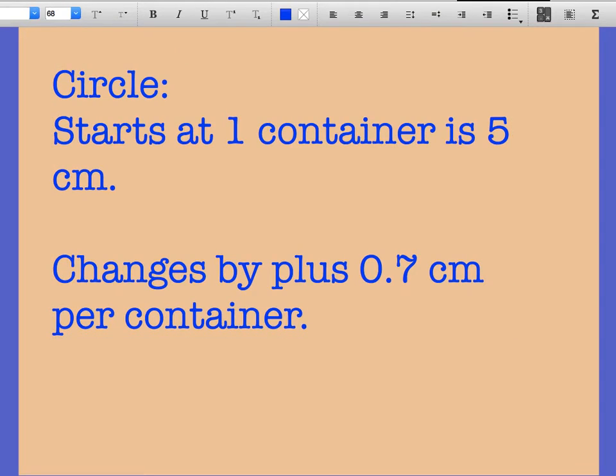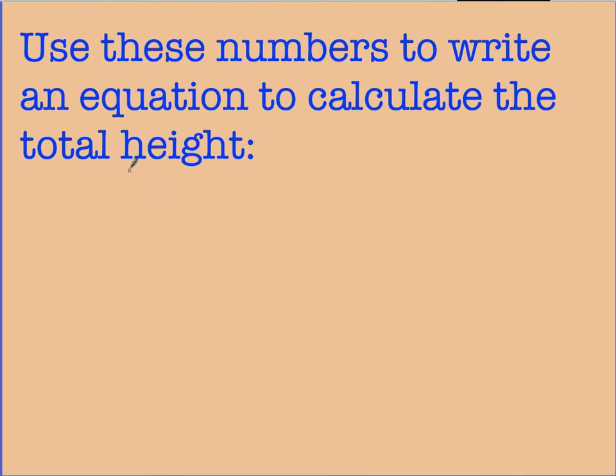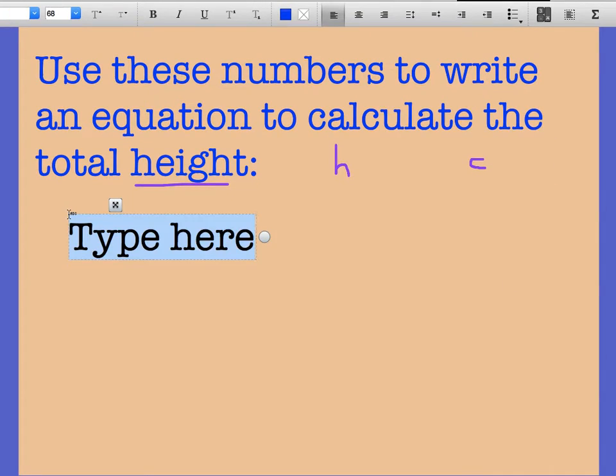Now we're going to use that to write an equation. This is all the information that we need to be able to write an equation to calculate the total height. Here we're going to let the height be h, and we're going to let the containers be the variable c. So the total height depends on how many containers we have. Height equals, and look at what we started with. We started with 14 for the square containers